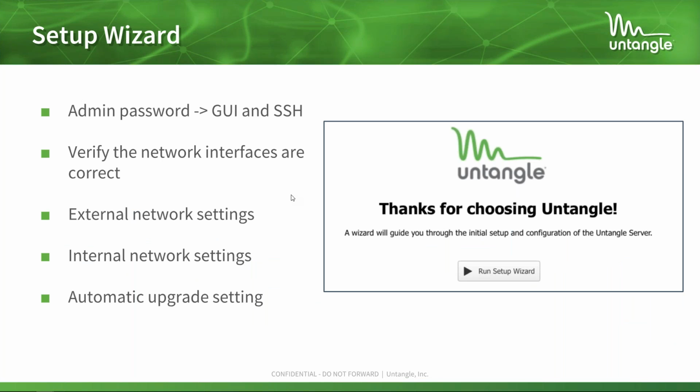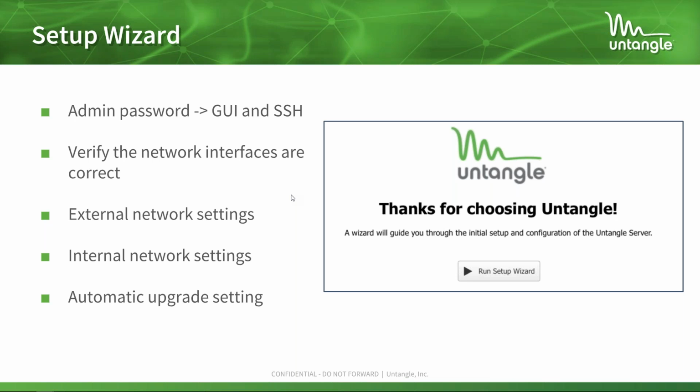So when you first power on the Untangle, you're immediately presented with a setup wizard to help you configure the Untangle's most basic settings and ensure that it's going to work the first time that you actually try to connect devices into it. The setup wizard is broken up into about 5 or 6 different steps. Those steps are setting your password for the admin login. That password will be used for both the web facing interface, the GUI, as well as the backend command line